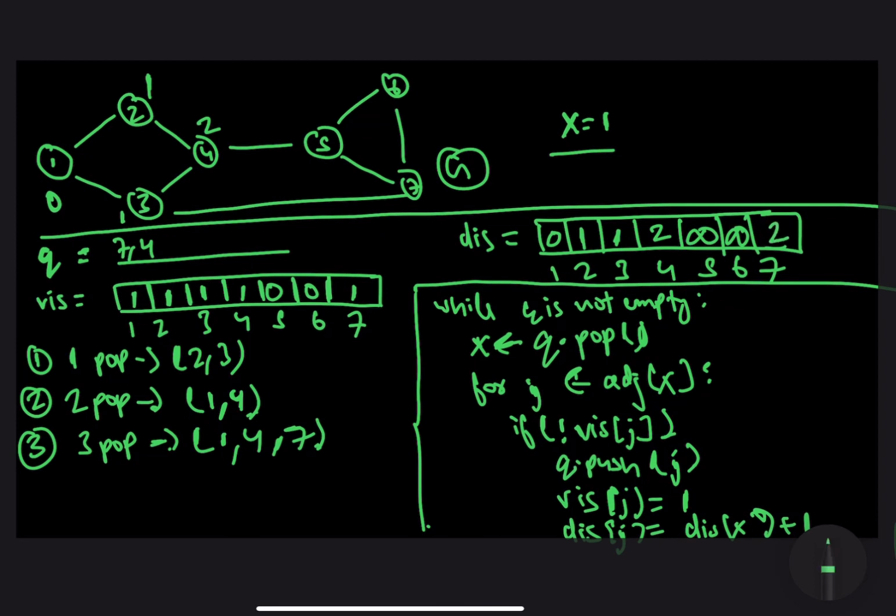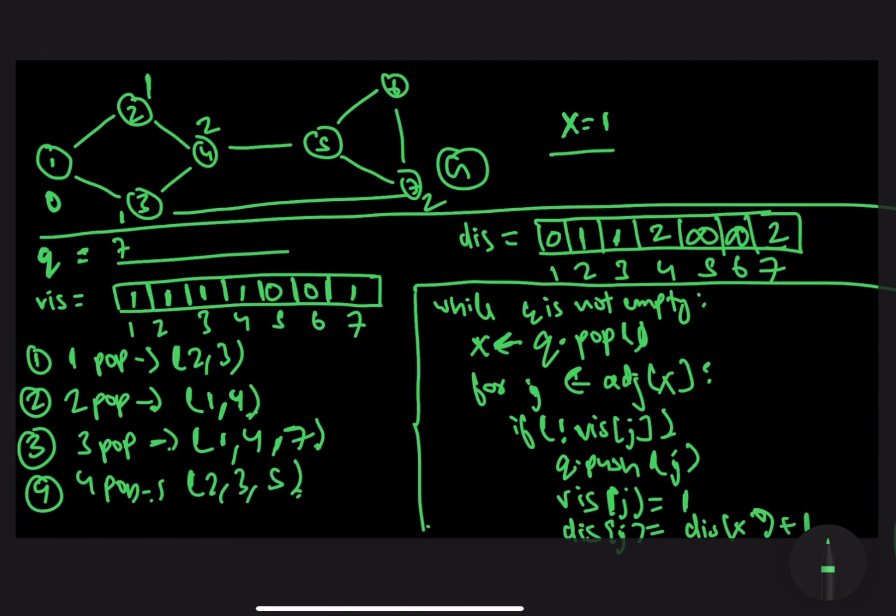All right, now this marks the end of the third iteration. So we would update the distance of node 7 equal to 2. Now for the fourth iteration, the frontmost element of this queue is 4. So 4 will be popped out of the queue, and then we will iterate over all the nodes which are adjacent to this node 4, that are nodes 2, 3 and 5